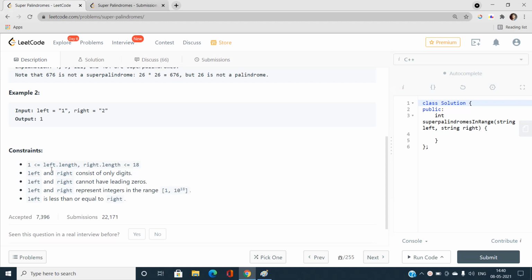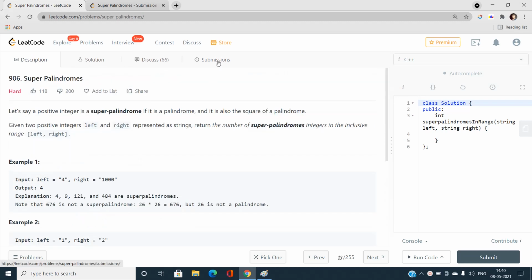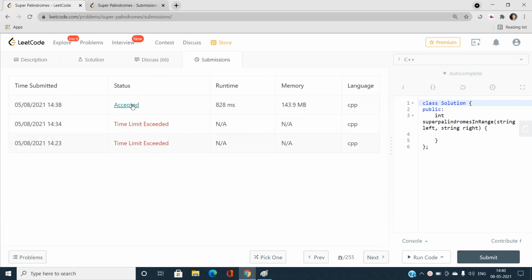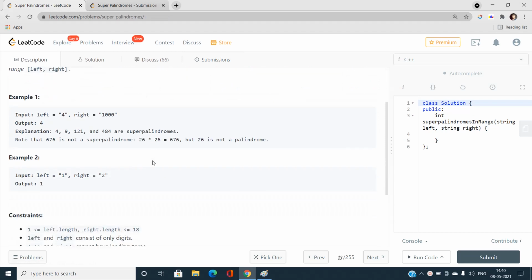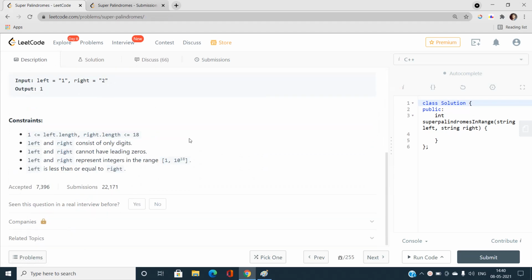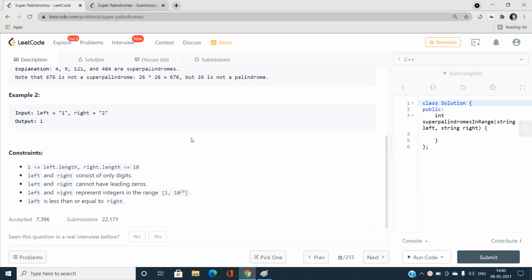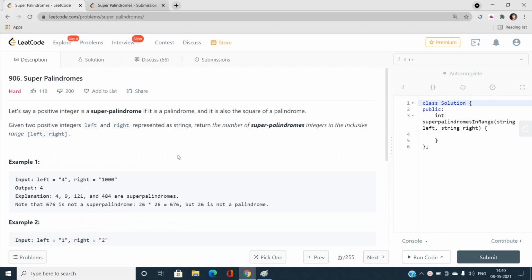As you can easily see, I have already solved this problem. I have two time limit exceeded verdicts, and then I got an accepted verdict by just modifying something. So I am also explaining the point of mistake that many coders make in this question. Let us try to understand this problem and find out the best possible solution.